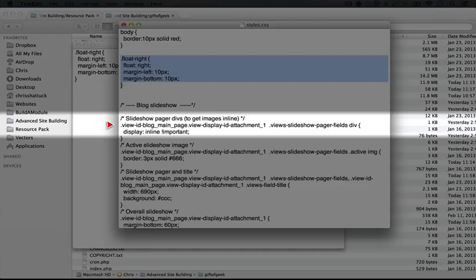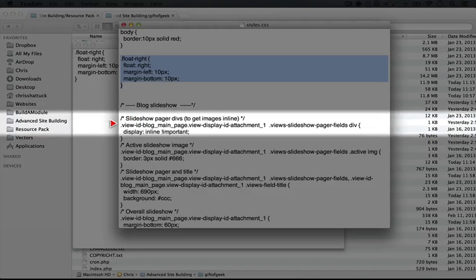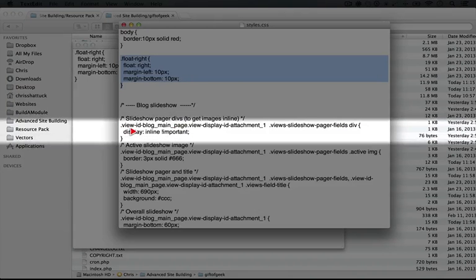So we found a good selector here by using the inspect element feature of our browser. We're using Chrome, but you can also find this feature in Firebug for Firefox, or the developer tools in Internet Explorer. And we found the unique style for the view div that wrapped around the entire view, the style for the row that wraps around the pager, and then a div wraps around the individual images for each pager item. And what we're doing is displaying those inline. And we're adding this important keyword here in order to make sure that it overrides other styles that might be